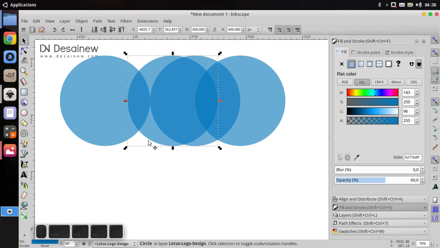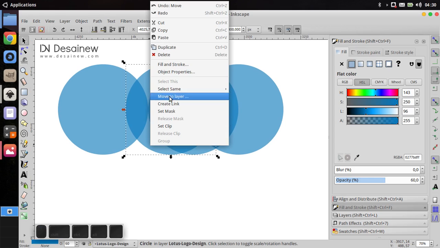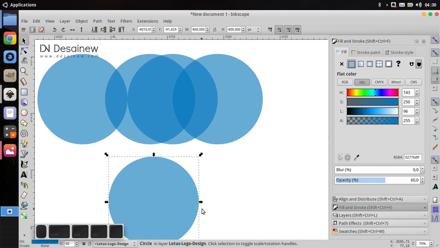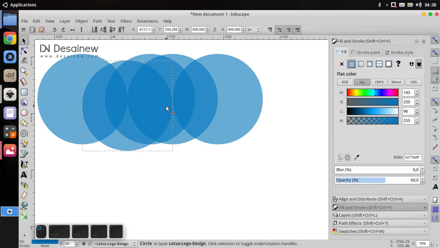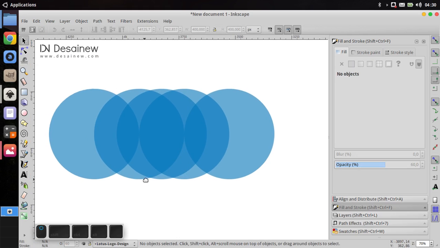Okay, duplicate this object, right click and choose duplicate. You can move it until it aligns the bounding box side midpoint to the bounding box side midpoint, like this.